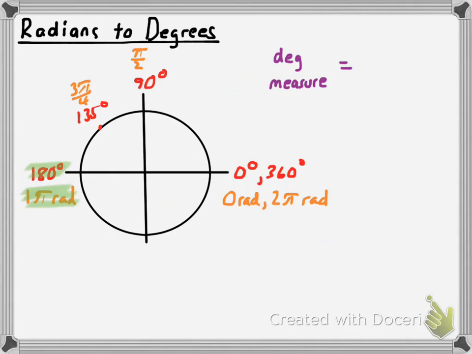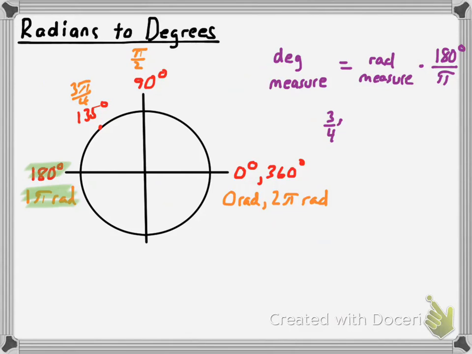The degree measure of an angle can be found if you take the radian measure and multiply by our conversion factor, 180 degrees over pi. There's 180 degrees in every 1 pi radians. So, for instance here, if I wanted to convert 3/4 pi radians into degrees, I would do 3/4